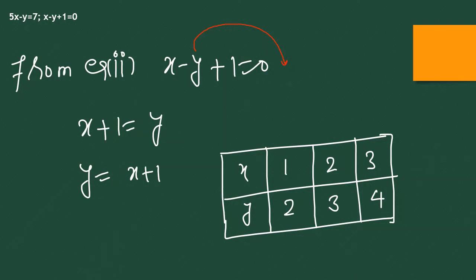x plus 1. If you take the value of x as 1, you will get the value of y. See, y is equal to 1 plus 1, what would come? 2. Here you are finding this 2. Similarly, if you take the value of x as 2, y will be equal to 2 plus 1, this is 3. So here you are finding 3, and similarly, when we keep x equal to 3, we'll get y equal to.